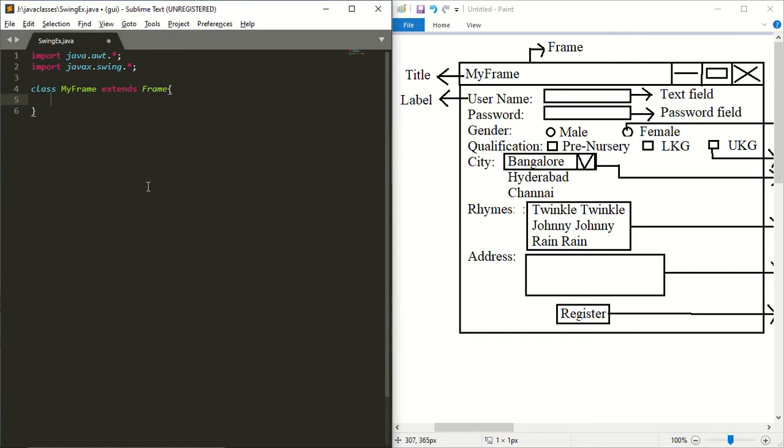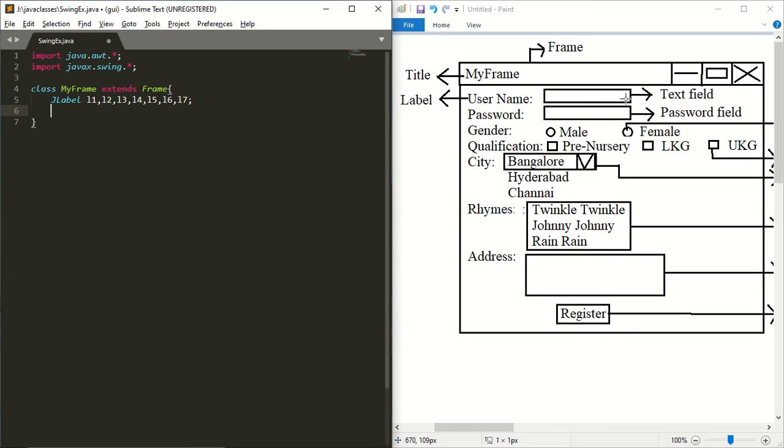We have 7 labels. How to create a label in swings? That is JLabel. JLabel L1, L2, L3, L4, L5, L6, L7. So we have created 7 label variables.